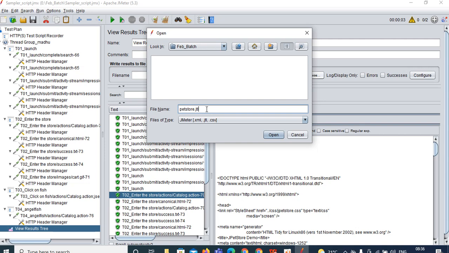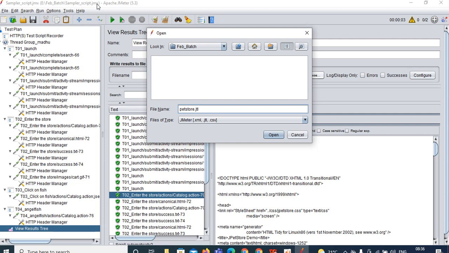What is JMX? JMX is the script extension. You can see here on the left side top corner, sampler script.jmx. Whatever script you are preparing will be saved with the extension .jmx, Java Management Extensions. In the interview, people will ask what is the extension of a JMeter script: .jmx.